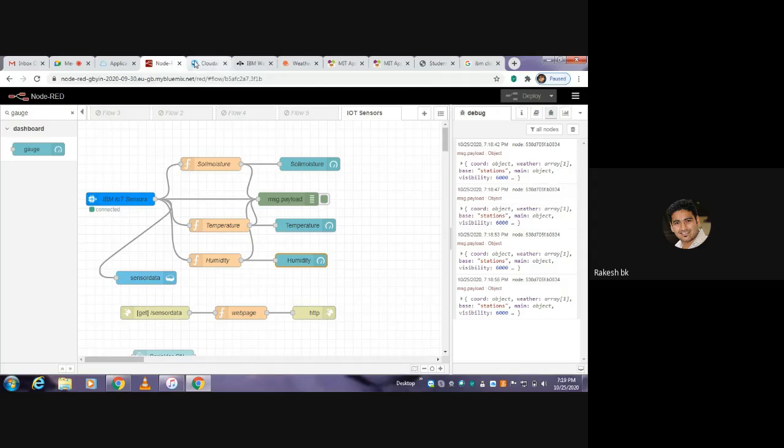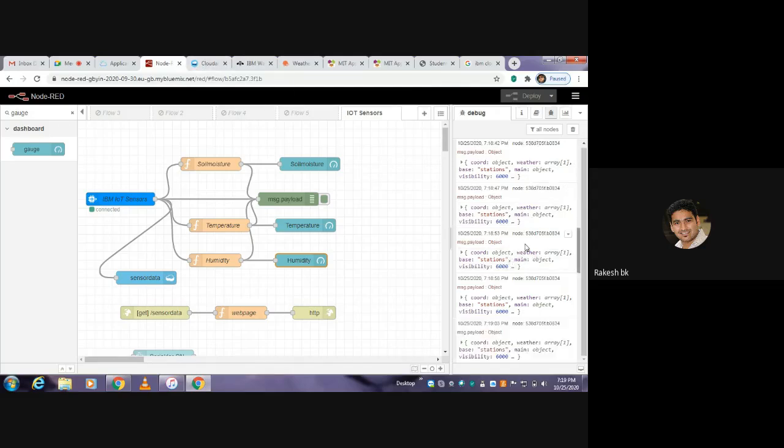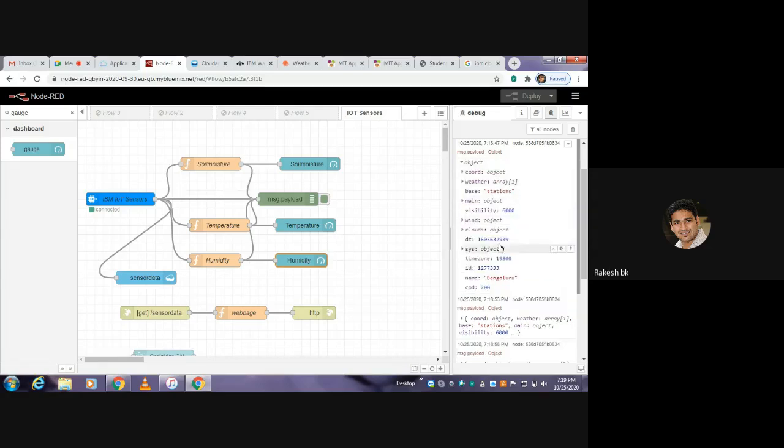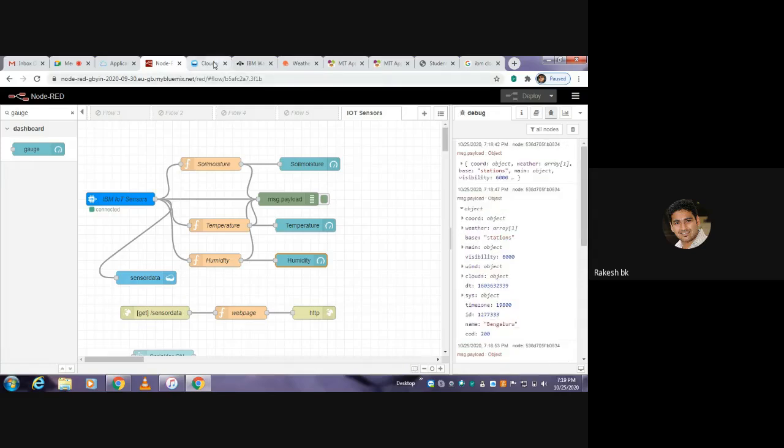These weather readings are from the IBM IoT platform, and the open weather data is also displaying here, right? If you click onto this, you can see that this is open weather data. We'll expand on it in a later part. That is how you have to deploy it. Next, we'll proceed further.